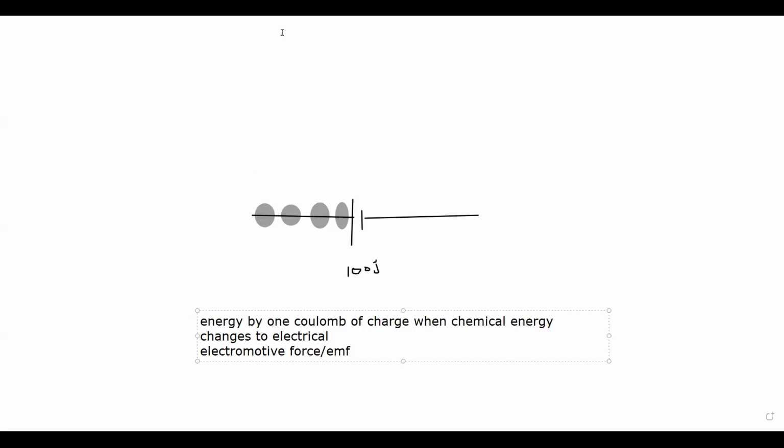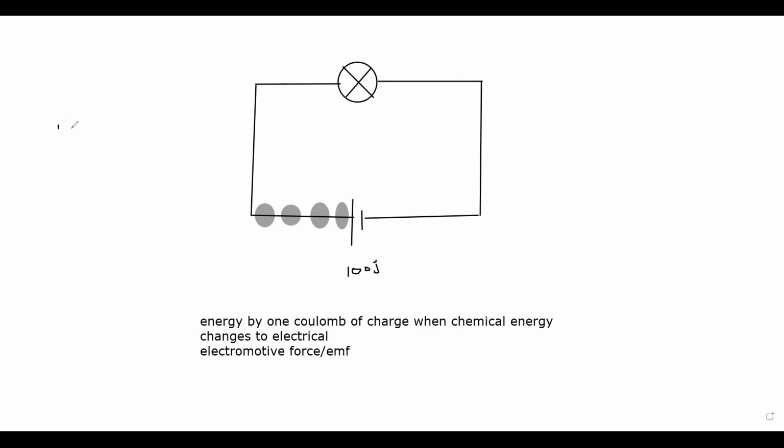So, for example, I have 4 charges coming out from the battery, and this is the total energy supplied by the battery. So how much energy is each charge carrying here? What is the energy carried by one charge? That's equal to 25. So 100 is the total energy divided by the total number of charges. So that's equal to 25 joules per